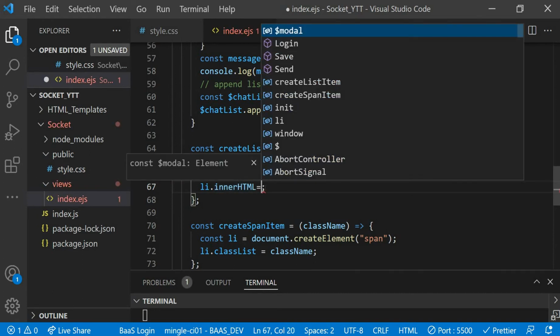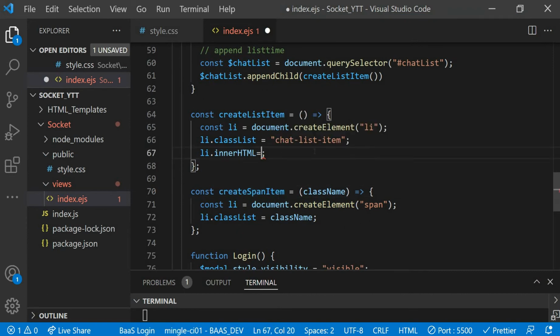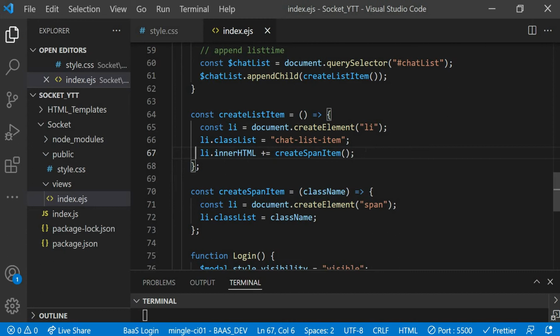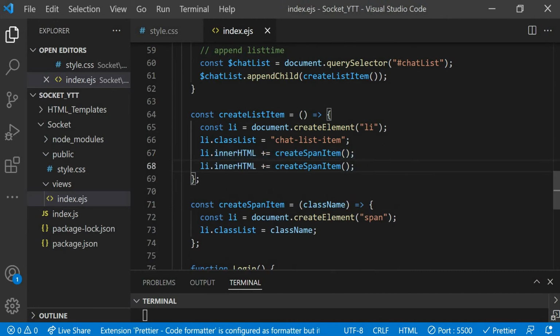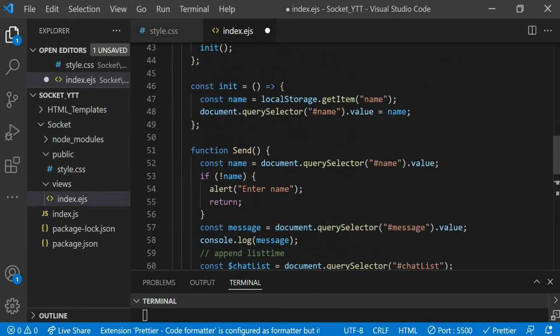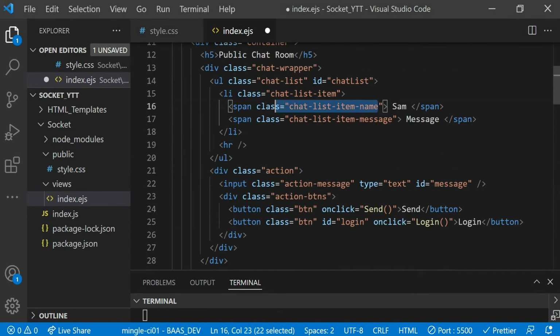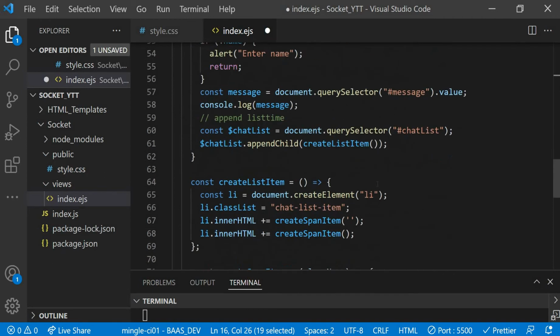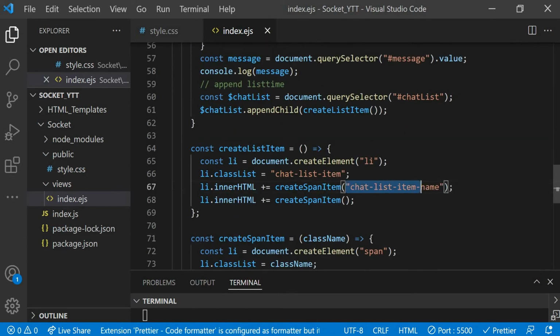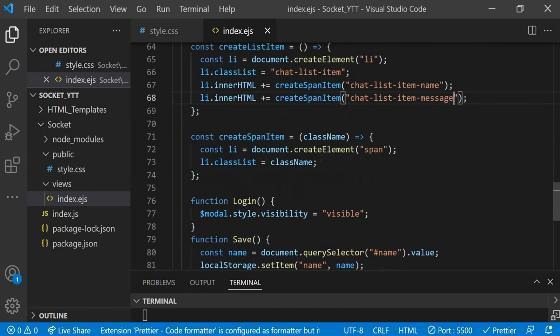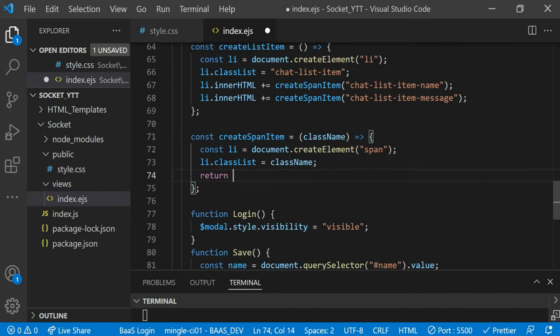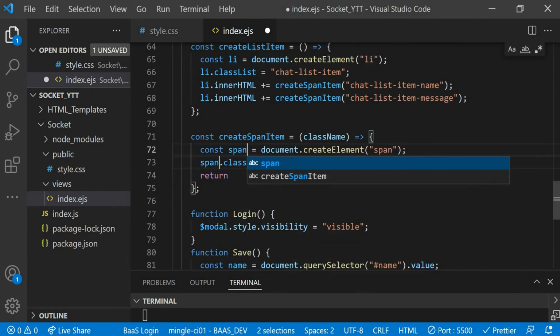And in inner HTML, what we do is we create a span. Okay, we create a span. And instead of this, what we're going to do is we're going to plus, because we're going to add it whatever it is, and we're going to do it two times. The one time we're going to add the span for the name, and another is for the message. Okay, so here on span, what we need to do, this is going to be not li span, and